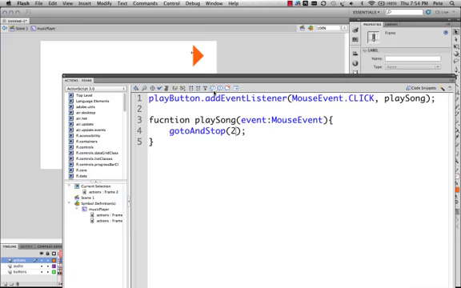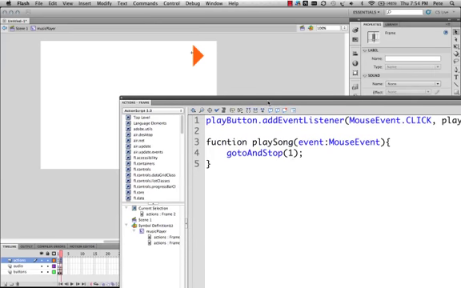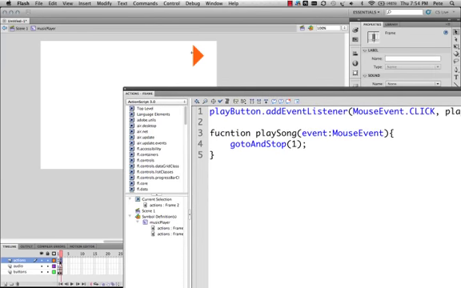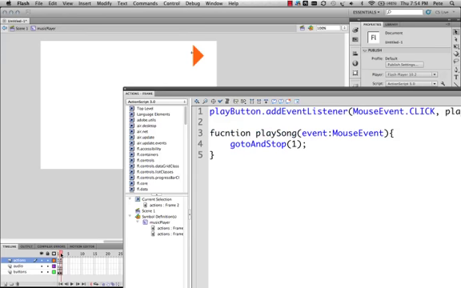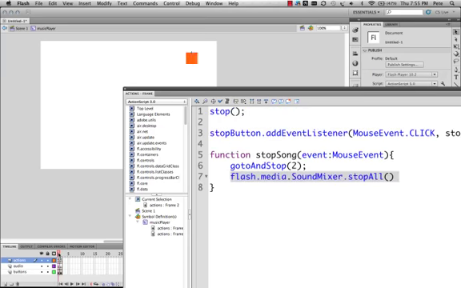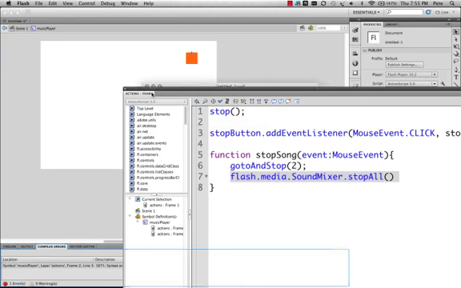I'm sorry. Go to and stop 1. There we go. All right. So what's happening here? Again, when we play this, it will initially start by playing the song, and it will show us the stop button. When we click the stop button, it will go to frame 2, where it stops the song. And if we want to start playing it again, we can click the play button, which will take us right back to frame 1, where the audio track is, and it looks something like, well,